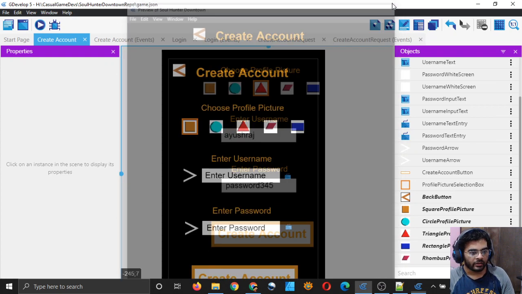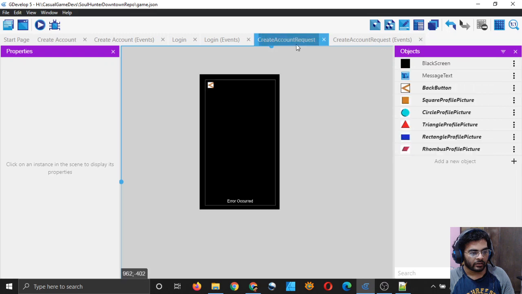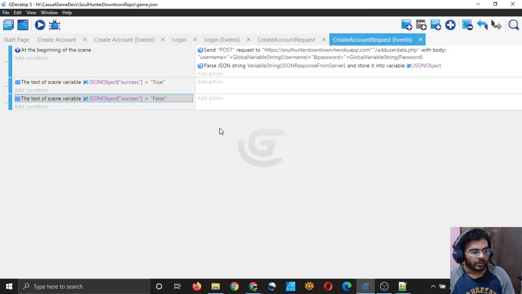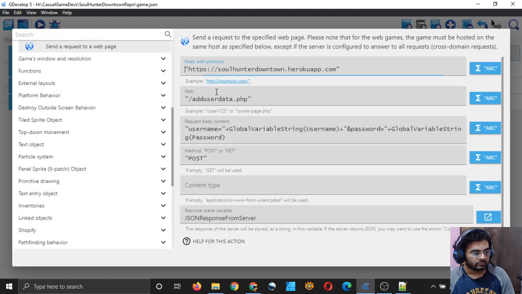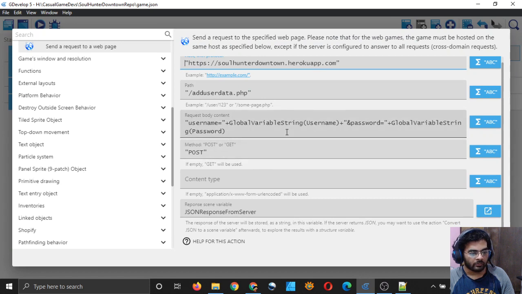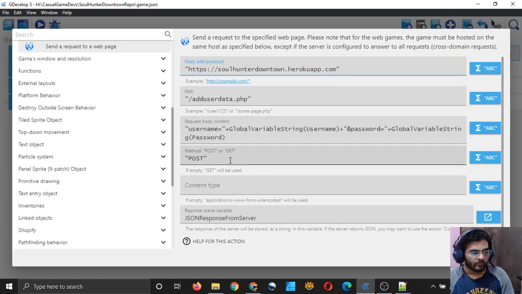So let us create the create account request scene. We are sending the request, right? And we are sending it to the right script, but along with username and password, we also need a variable profile picture, right? So just copy this from this plus.